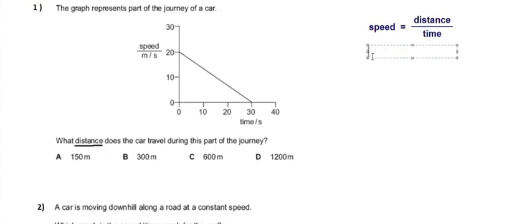Here I can write distance is equal to speed multiplied by time. And we know that in the speed-time graph, the distance is given by the area under the line or area under the curve. So you can see this area is giving us the value of the distance traveled by